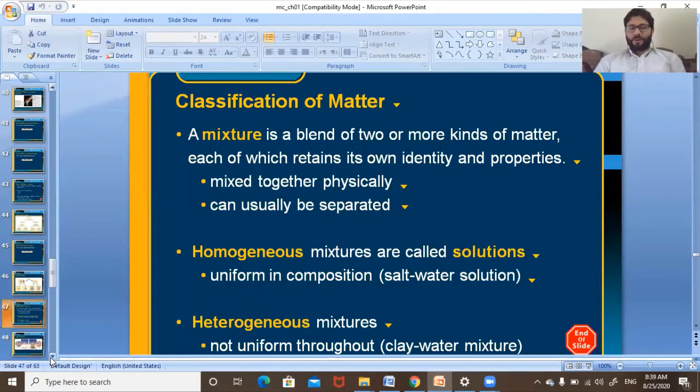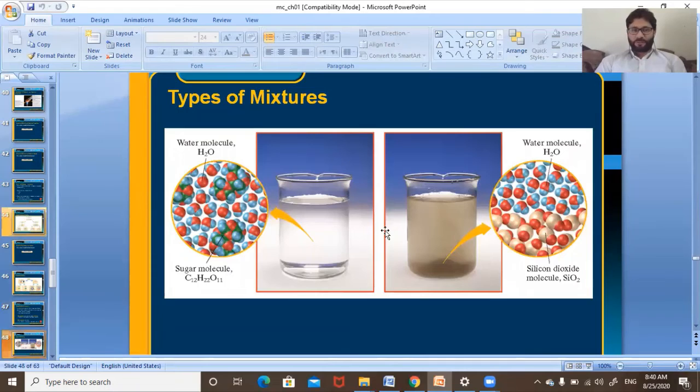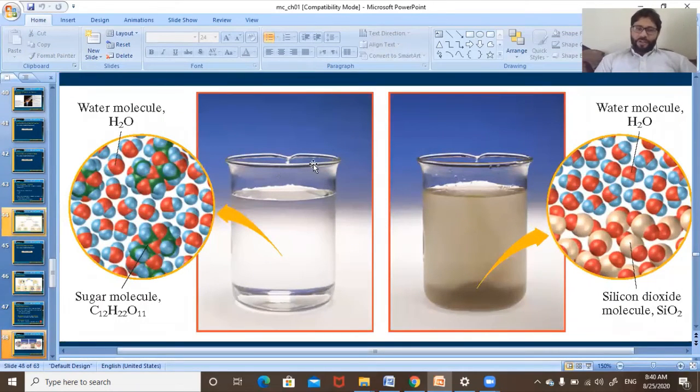Now what is the difference between a homogeneous and a heterogeneous mixture? Look at this example: two beakers with the same amount of water. As you know, water is a universal solvent. Now in this water, sugar molecules are added and they are physically mixed together by stirring. After some time, if you look into this water very carefully, you can't see the particles of sugar anymore. It means that the sugar is mixed in this water completely, uniformly distributed. This sort of mixture is known as a